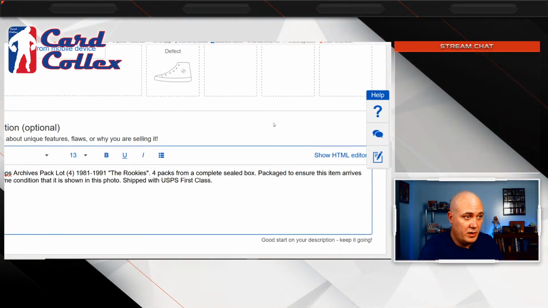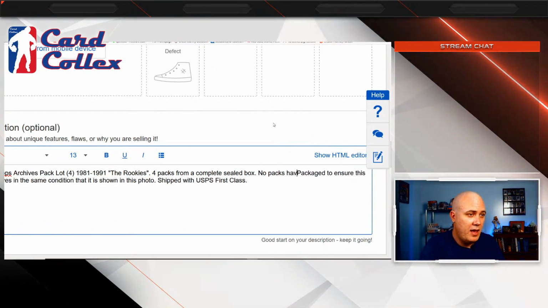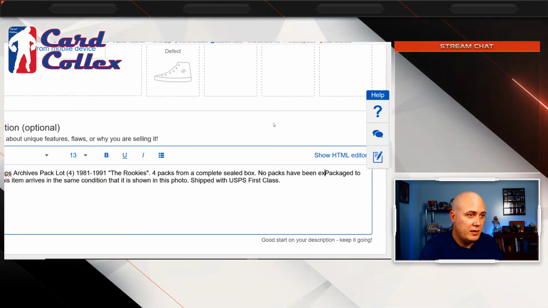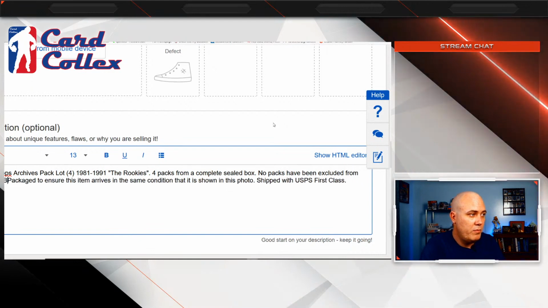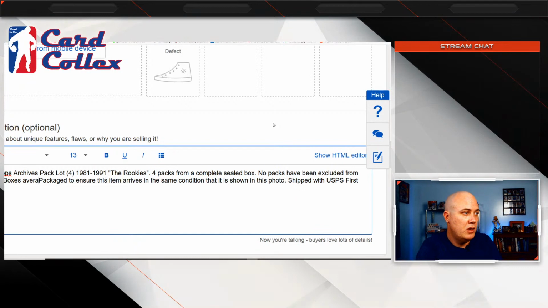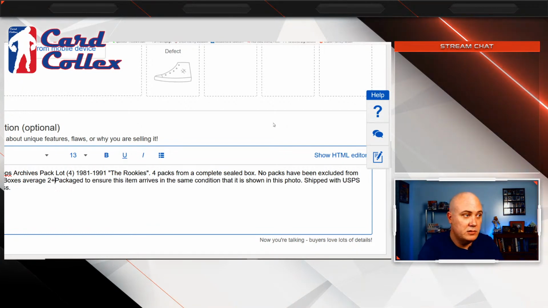I'm going to put in here, no packs have been excluded from the boxes. Average 2 plus Michael Jordan cards per box.